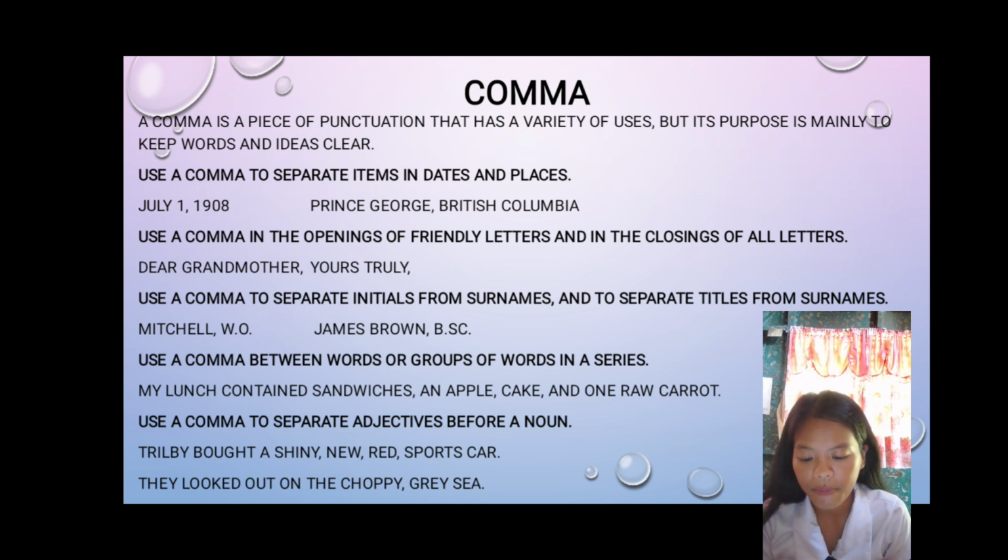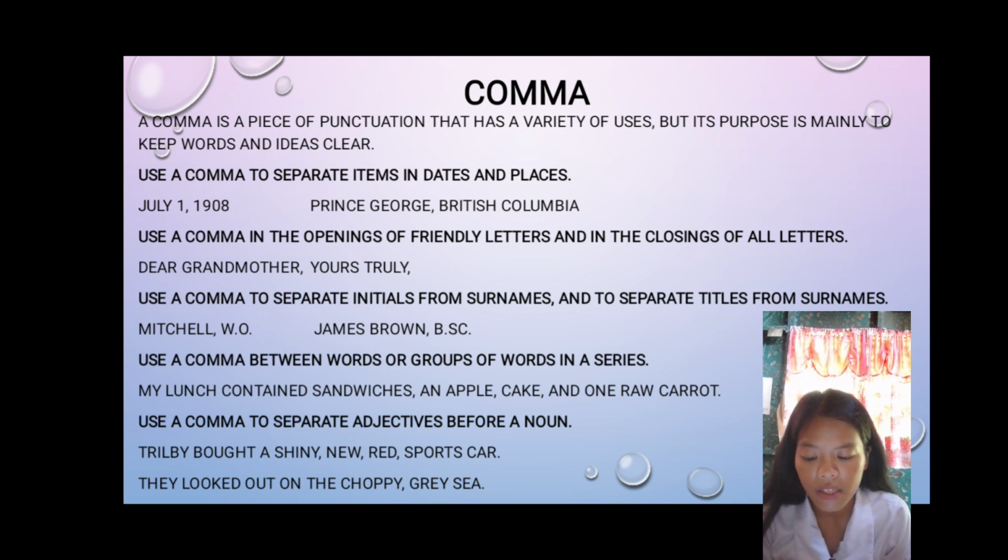Comma. A comma is a piece of punctuation that has a variety of uses, but its purpose is mainly to keep words and ideas clear. Use a comma to separate items in dates and places. July 1, 1908. Prince George, British Columbia. Use a comma in the openings of friendly letters and in the closings of all letters. Dear Grandmother, Yours truly,